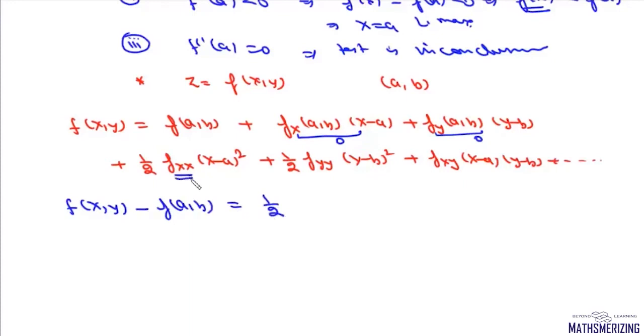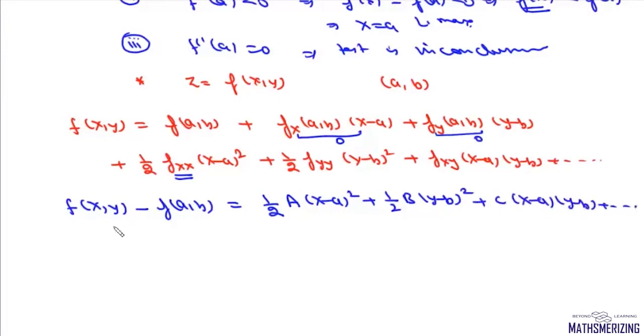Now we have taken fxx as a, so it'll be a into x minus a square, plus 1 by 2 fyy is b, so it'll be b into y minus b square, and plus c x minus a into y minus b, plus all other terms. Now again we are looking for points of local maxima and local minima. That is, we are looking for the points in the neighborhood of a, b. We can ignore higher powers of x minus a and y minus b. So we can write